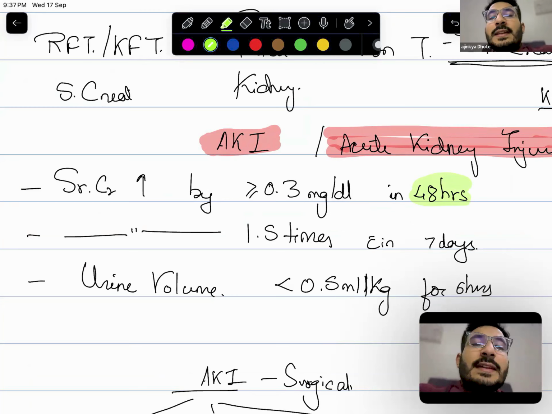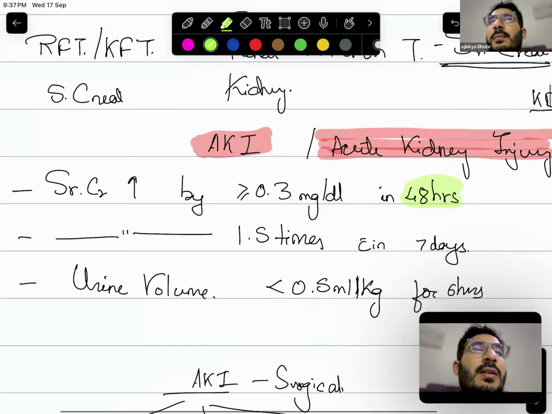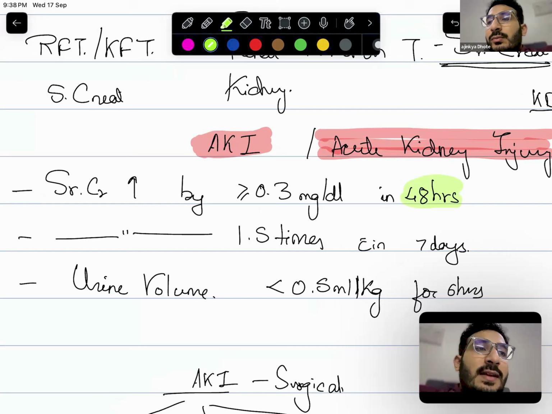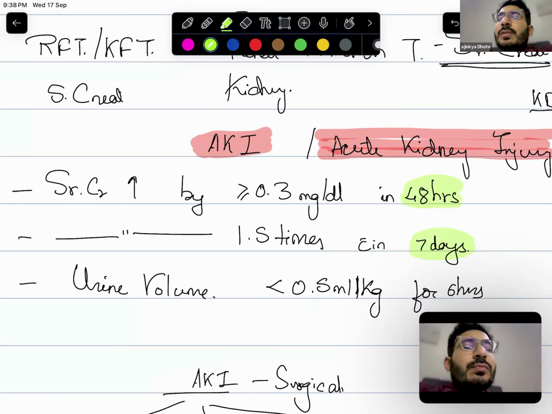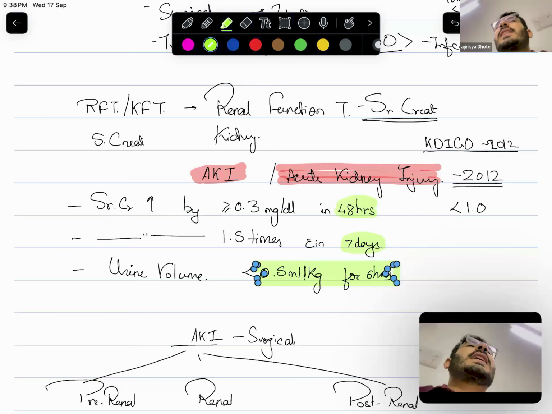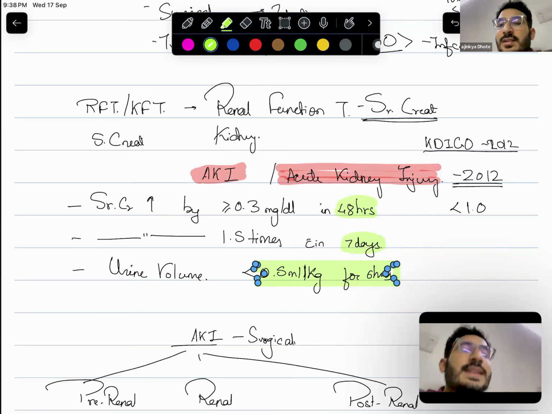Next is the rise in serum creatinine by 1.5 times of the previous value, within the period of 7 days. And third is urine volume. Many a times creatinine is not true. So, if your urine volume goes to less than 0.5 ml per kg for a period of 6 hours, that signifies AKI. So all these three criteria are important, and all these three criteria suggest presence of